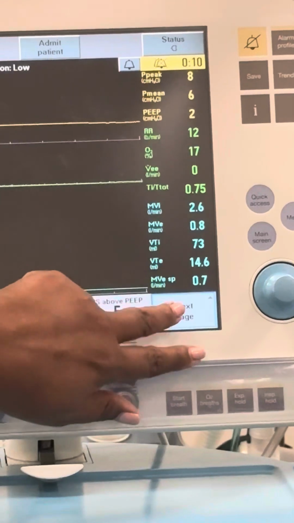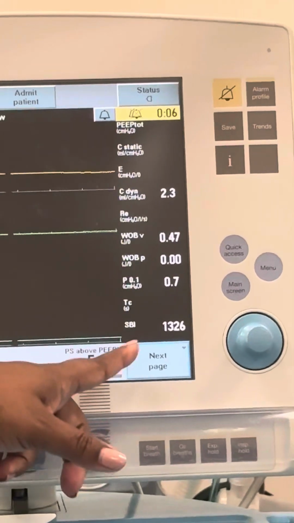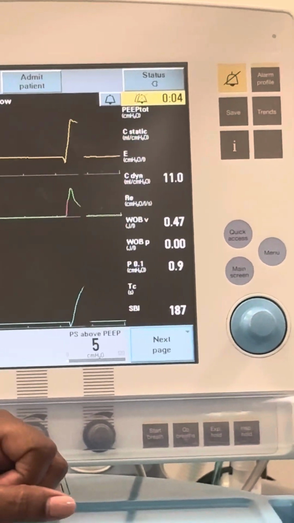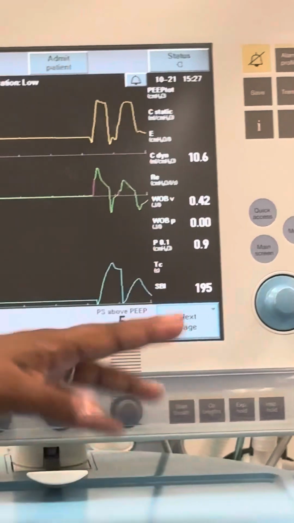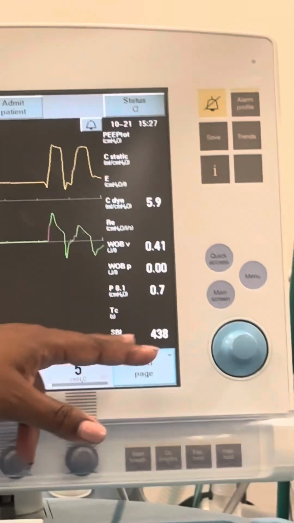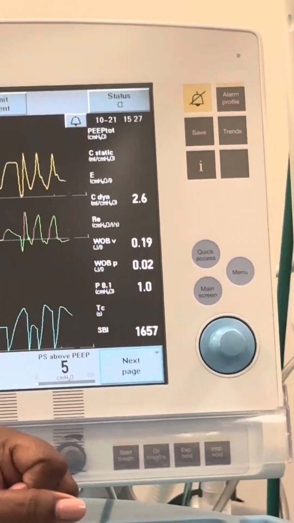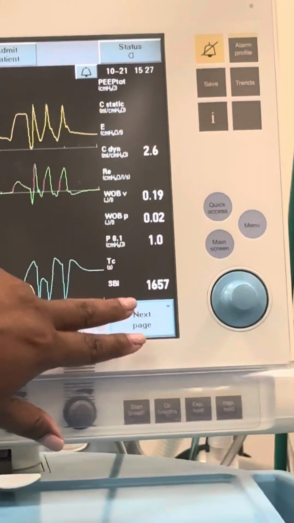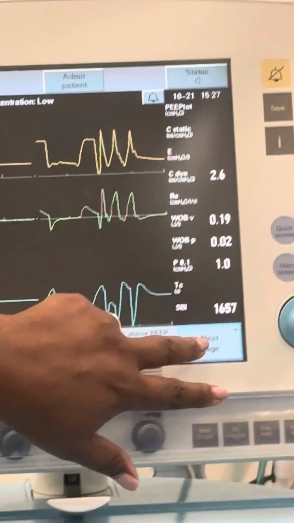I think it's the 3rd page. You actually have, it says RSBI, it says SBI. So that's your spontaneous breathing index. So it's your rapid shallow breathing index is actually SBI for spontaneous breathing index. So that one actually I think is a different, I want to say it's a different one, but you can still see your,